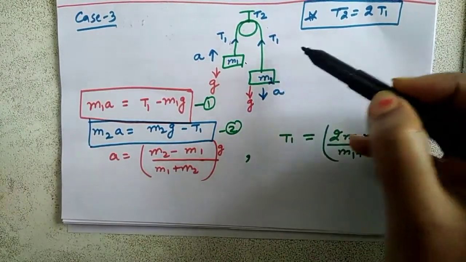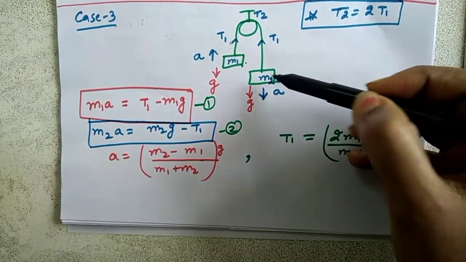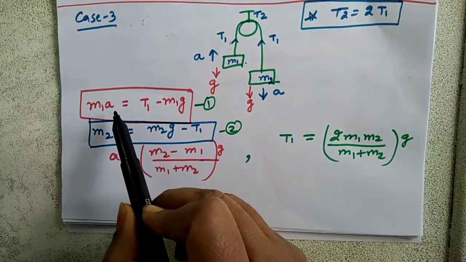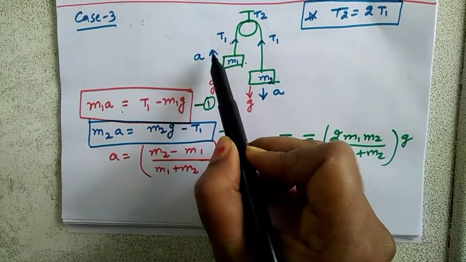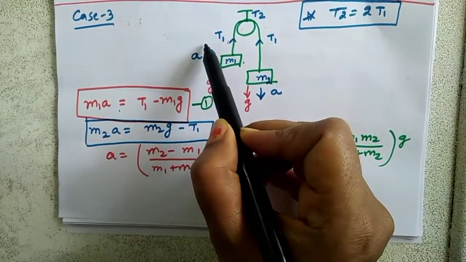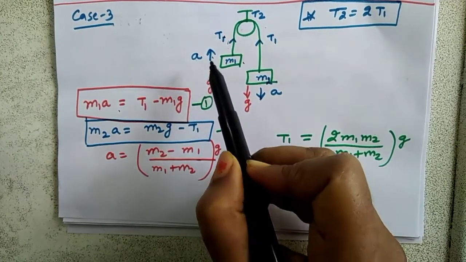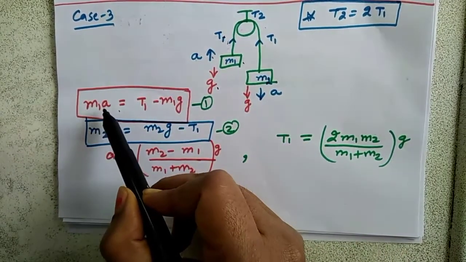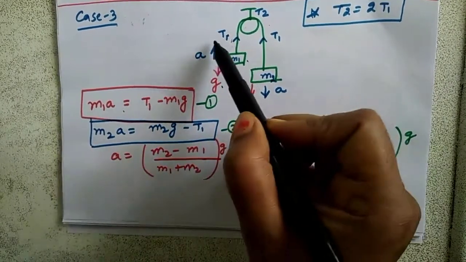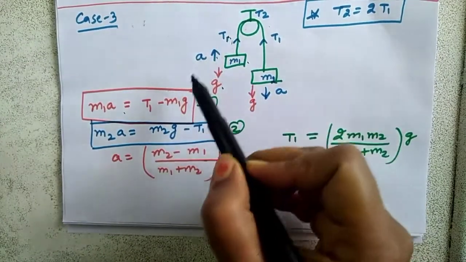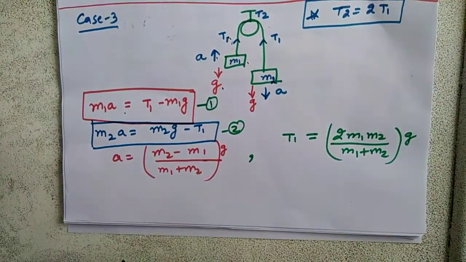M2 is more than M1. As you can see, this is down and this is up. So by logic, obviously M2 must be greater than M1. Now let me see motion of only block M1. As I told, figure out where is acceleration. Acceleration is upwards. So that means tension is more than acceleration due to gravity. That is why I am writing the equation M1A. Just check which side is acceleration. So M1A equal to T1, which is also one type of force, minus M1 into G. This is my equation number 1.